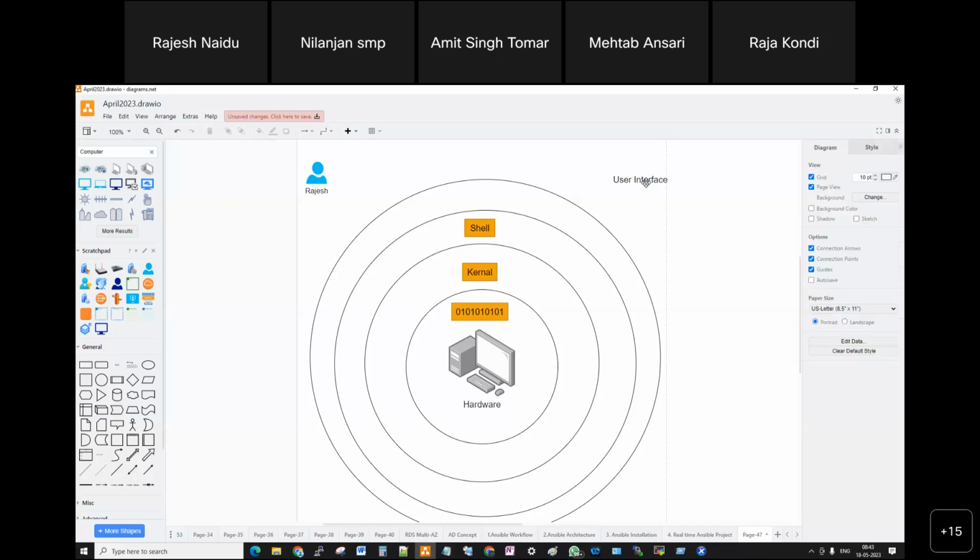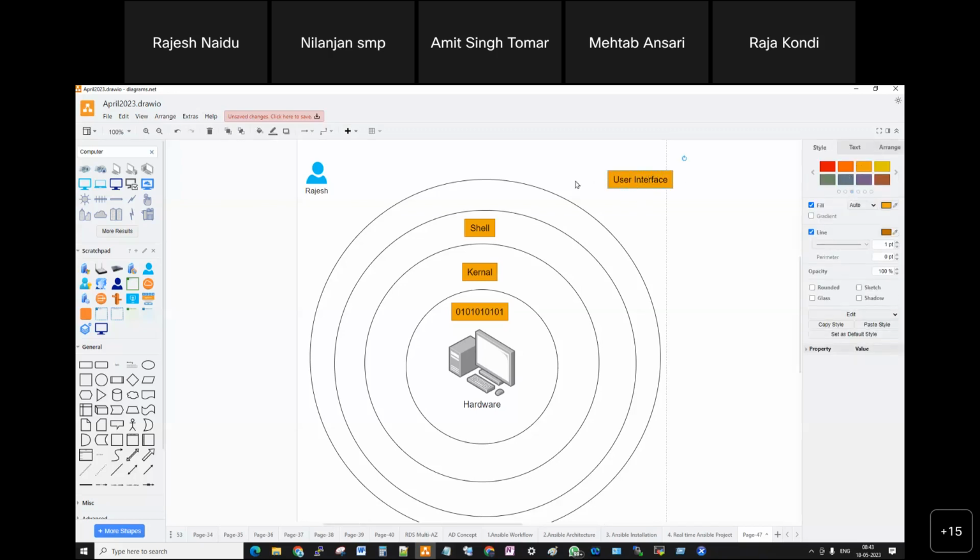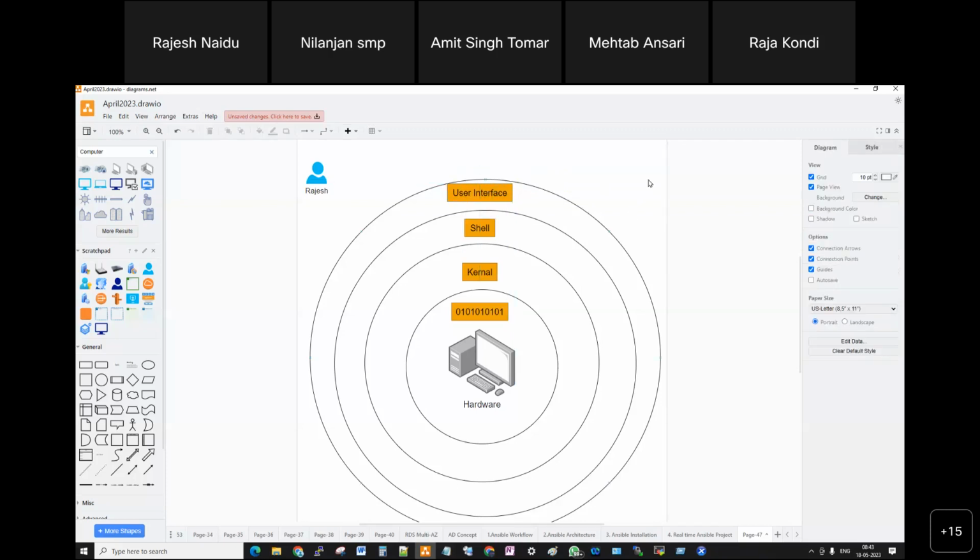Yes. User interface layer will get created. So with the help of user interface layer, I'm going to give the inputs. The shell will receive the information and pass it to the kernel. The kernel will convert it to the low level language of the hardware, binary language, and the system will store the information, and at the same level, the output will come back in reverse order.